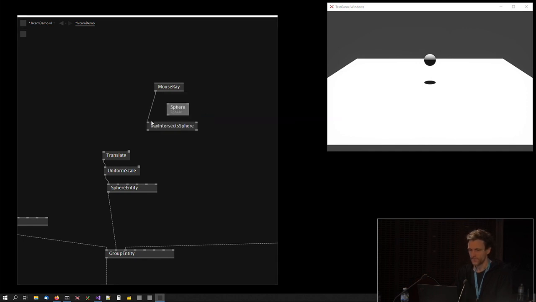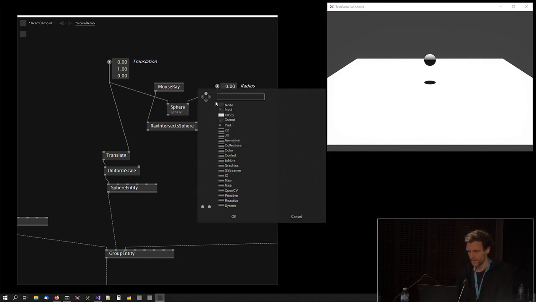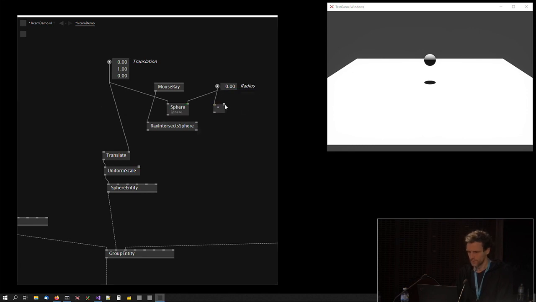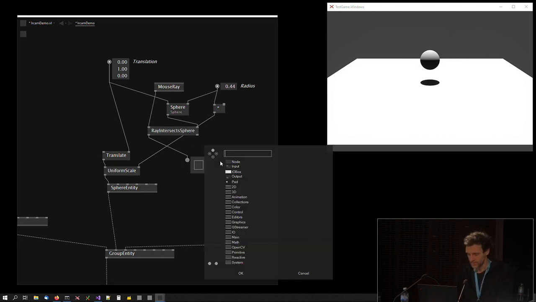I'm creating a sphere from a position, so I'm taking the position of the sphere, and I'm also applying a radius, which will be double the radius, that's the scaling. So now I have a sphere here, and as I intersect with the mouse, I forgot to connect it here. So now as I intersect with the mouse, you see the intersection returns true here,